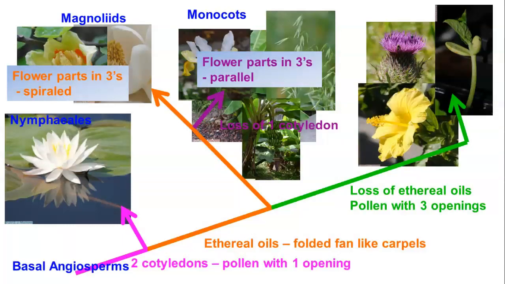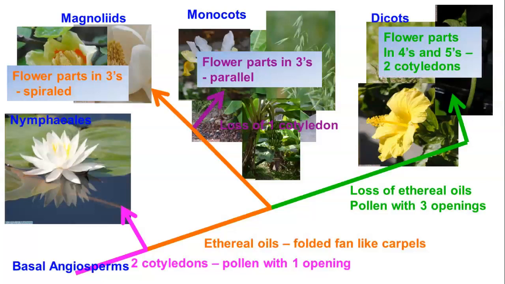We've got, this is a mallow type flower. Again, it's quite pretty and quite showy, and it fits this particular description. These are called dicots, and with dicots we have flower parts in fours and fives, and we've got two cotyledons. So dicots are very interesting, and they are a step up above the other groups. Now, these together form the basal groups of the angiosperms that we deal with. And these are the angiosperms that we can easily find today.